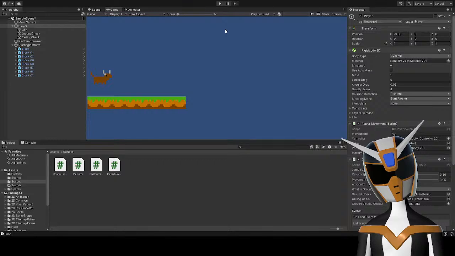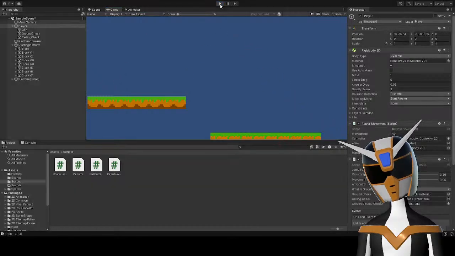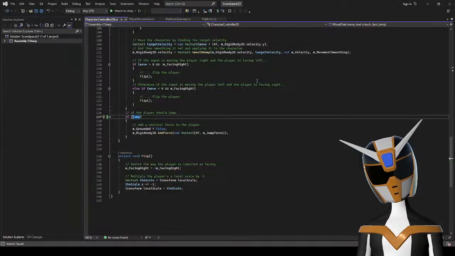Weird. Also, there's a little bit of a pause when you hit the ground.